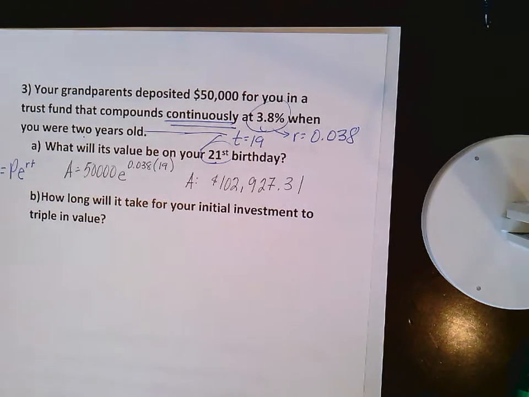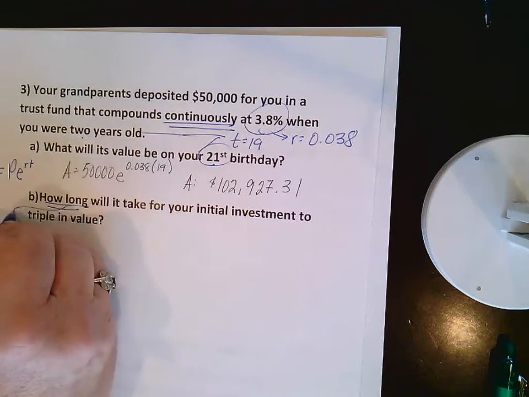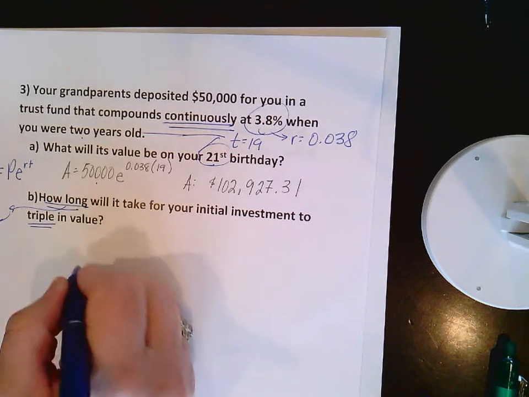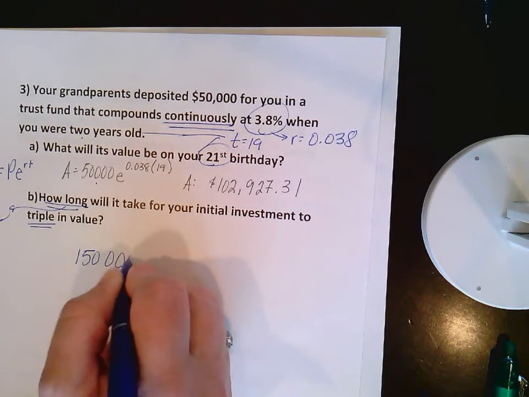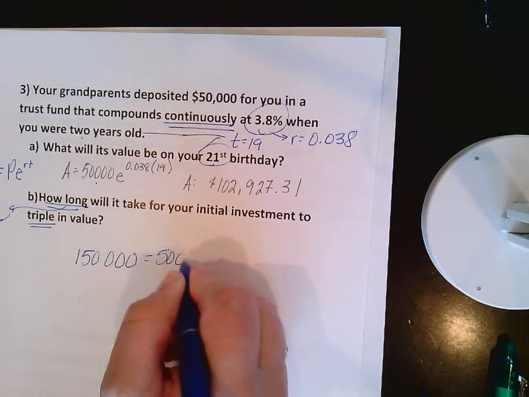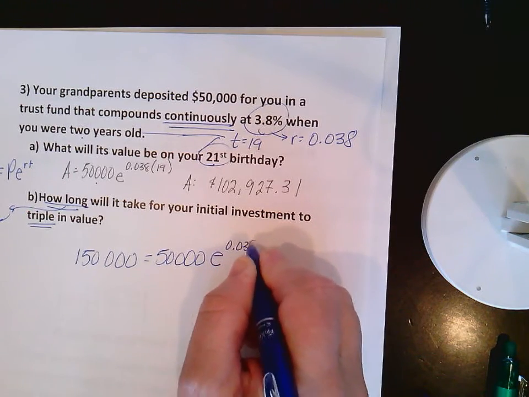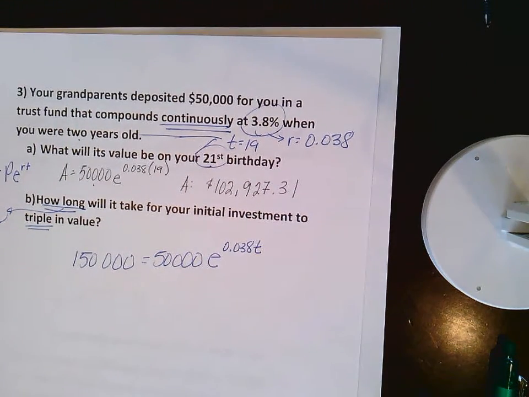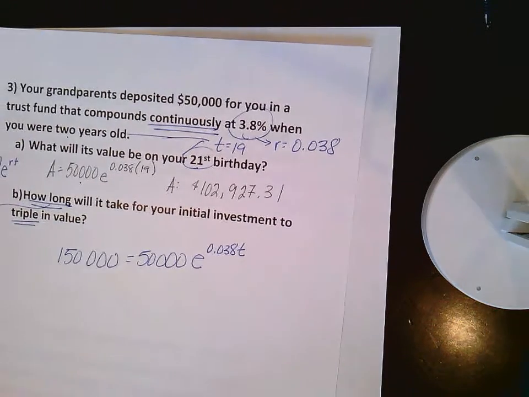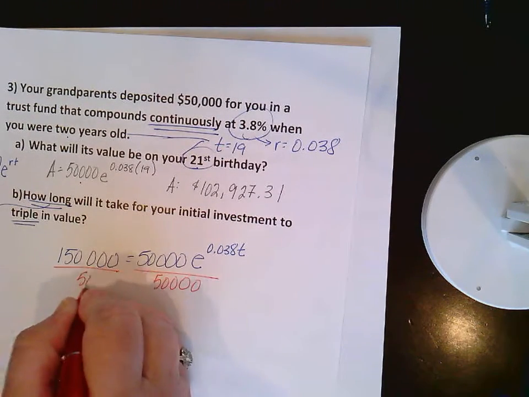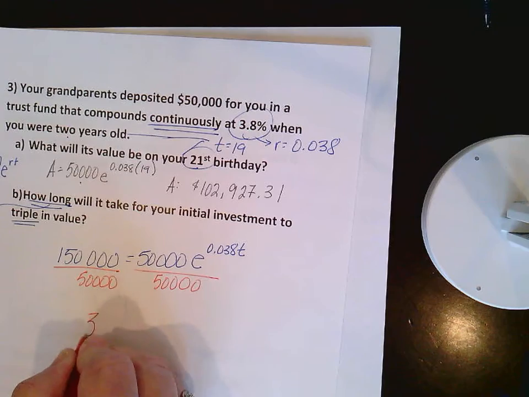Okay, the next question is, how long? So I want to know what the T is. That's what I'm going to solve for. To triple the investment. Well, if my investment was 50,000, to triple it means I'm looking at how long it's going to take to get it to 150,000. And that's going to be 150,000 equals my 50,000 E to the 0.038 T. I want to know how long it's going to take. So the first thing I do is try to get the E by itself. I divide both sides by 50,000. So I have 3 equals